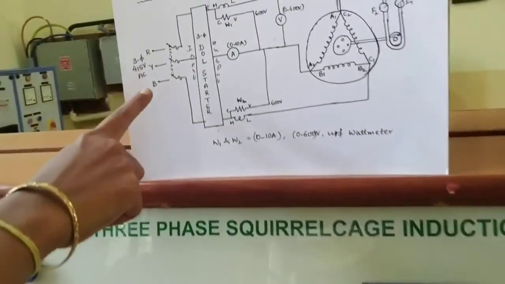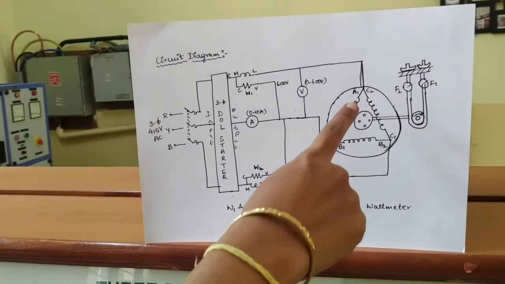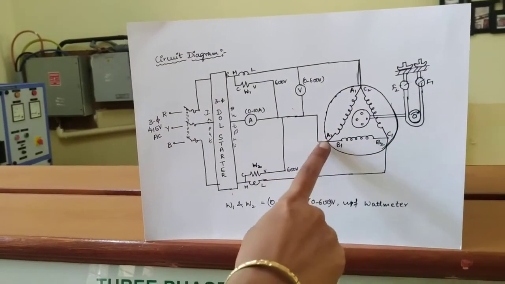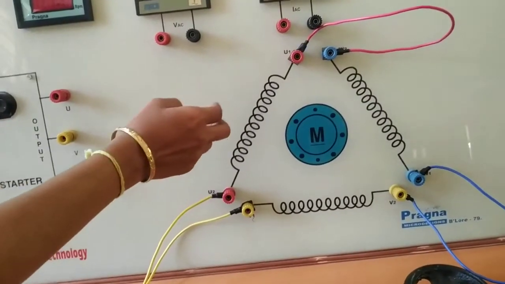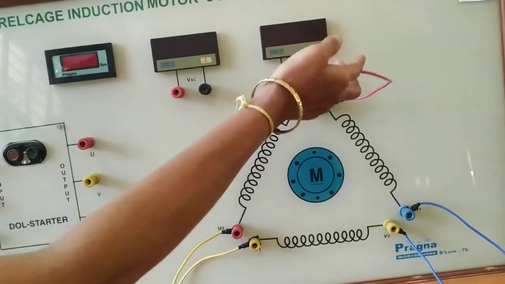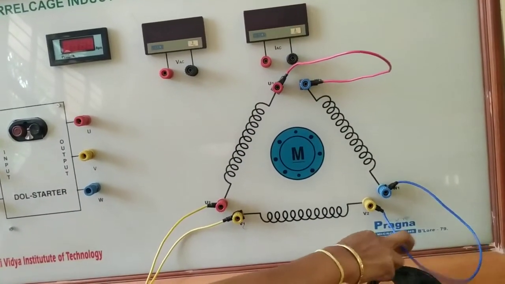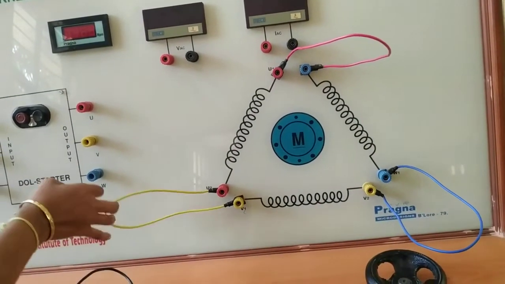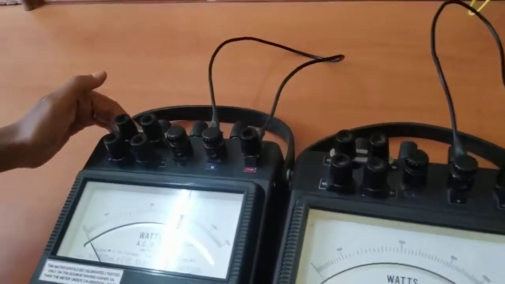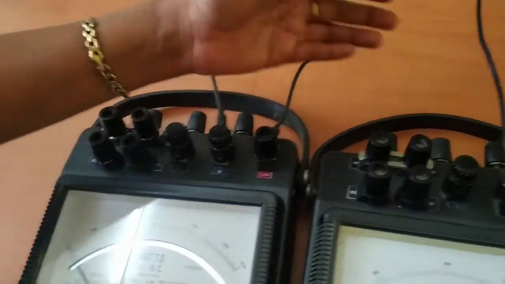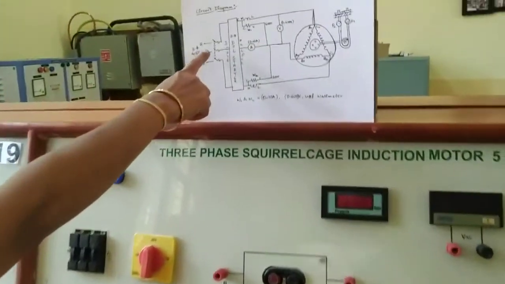Here we are going to start off the connections. Before starting these connections, we will join these leads at the corner so that it forms a delta type. Here you can see that we have connected to form a delta type. That is, U1 and W2 is connected, V2 and W1 is connected, as well as V1 and U2 is connected. In addition, we can also complete the work, that is, MC should be shorted together on the 2 wattmeters.